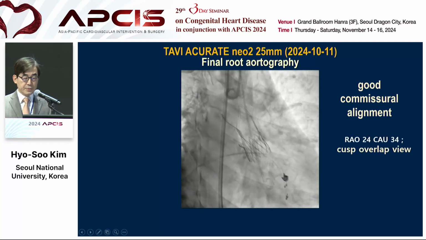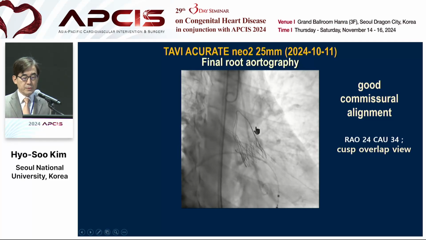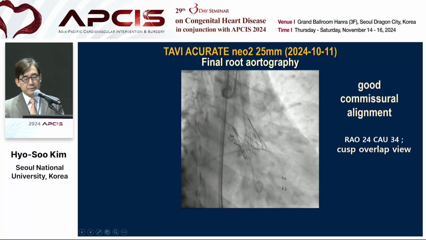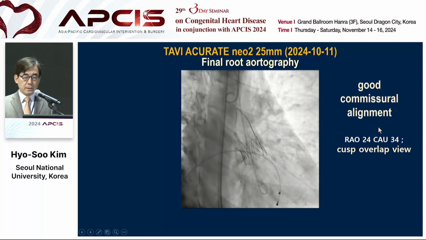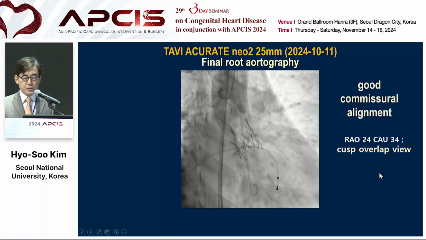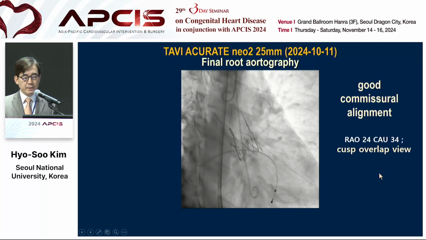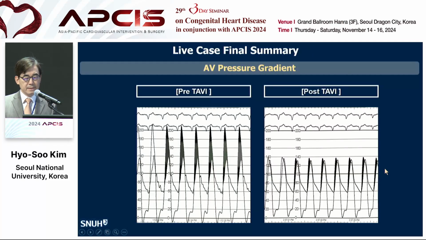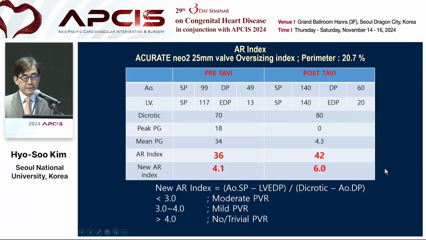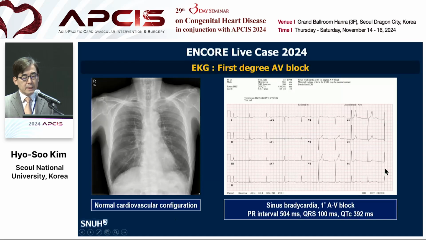Cusp of left view, no leakage. One post on the right, two posts on the left, overlapped. Good commissural alignment. Thus, in the future, this patient has no difficulty in coronary access. AR index is wonderful. At this point, the patient has a first-degree AV block,